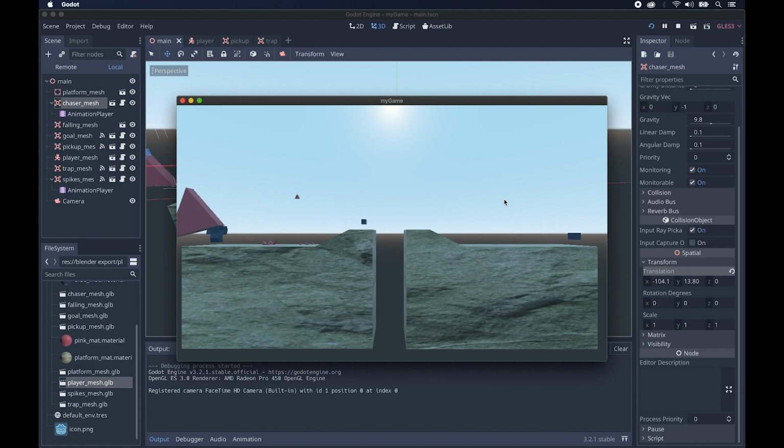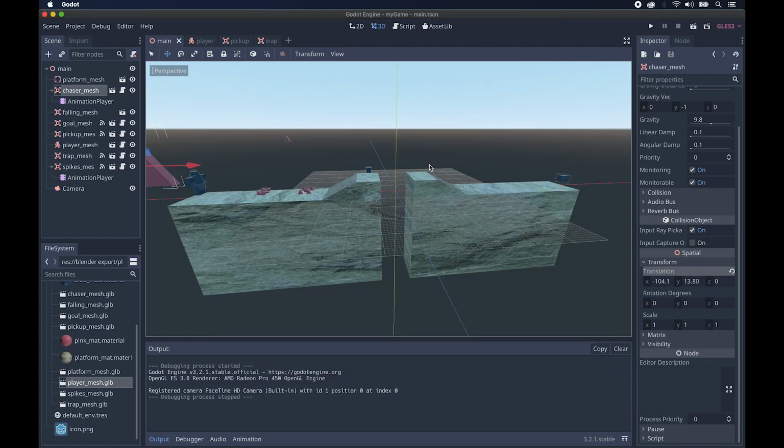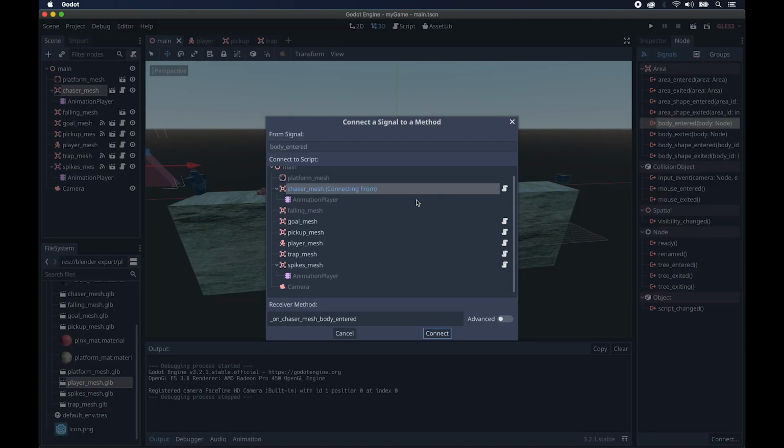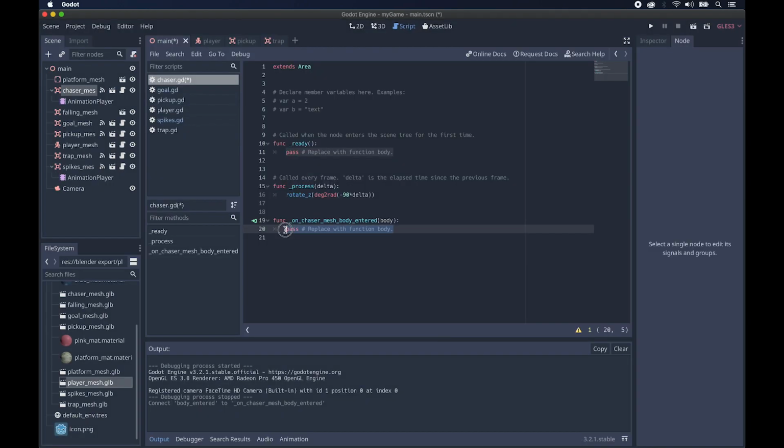So we should see after a couple of seconds the triangle starts to move across and it's rotating as it does it. Great. And now of course we need to add the collision to it. So we've already got a script. All we need to do now is choose our node, and we want body entered again. Connect it to itself, and we can paste that line of code, and this time I will print